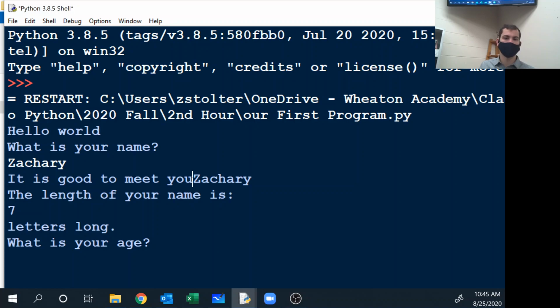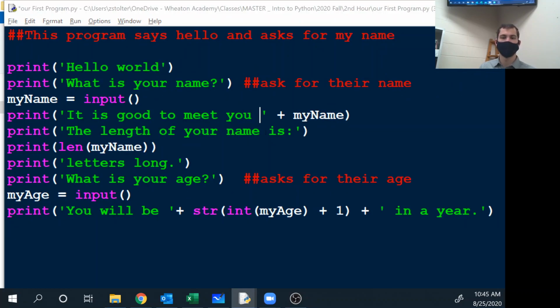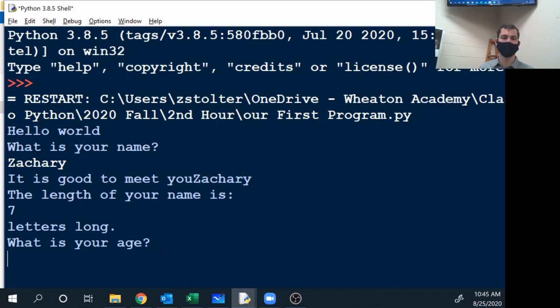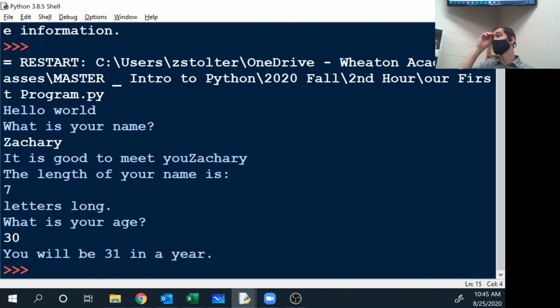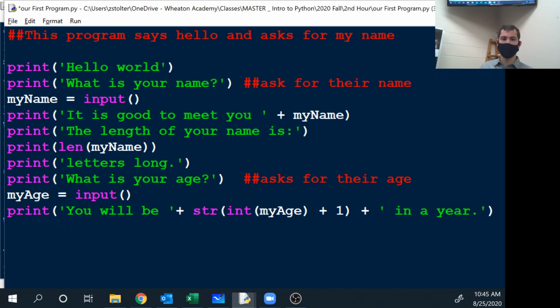Oop, I forgot to put a space here. Oh no, silly. In the beginning of the class, you won't lose points, and you probably won't lose many points even at the end of the class. In the advanced class, you'll lose points for stuff like this. So you want to make sure you always double check your code. And I don't like how it said the 7 under the length of your name. How can you fix that? I will show you. So what I want to go over real quick,